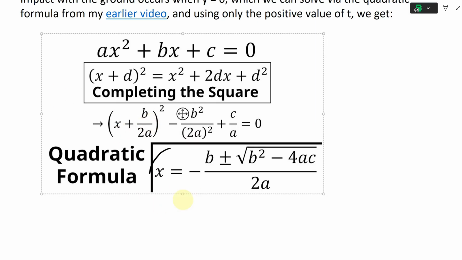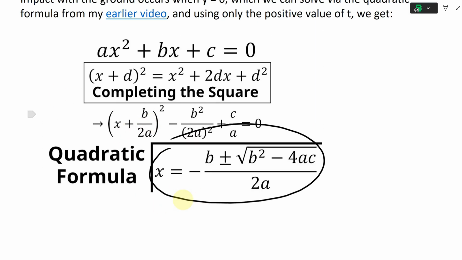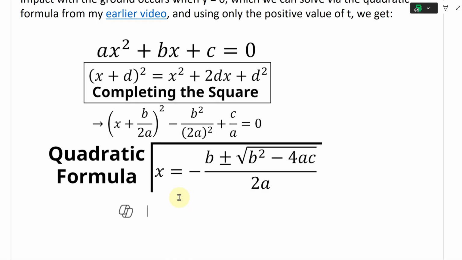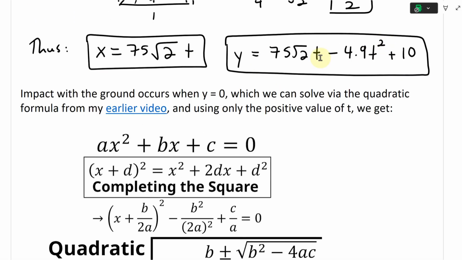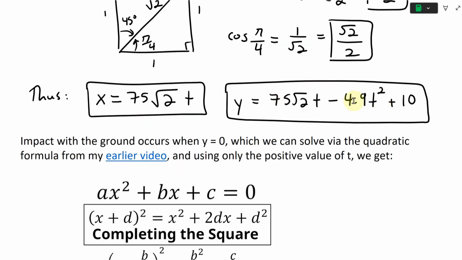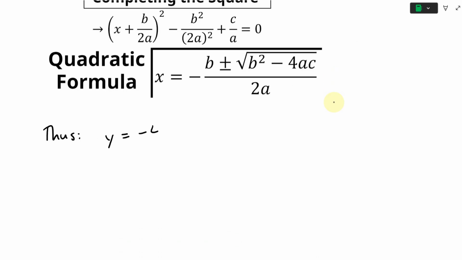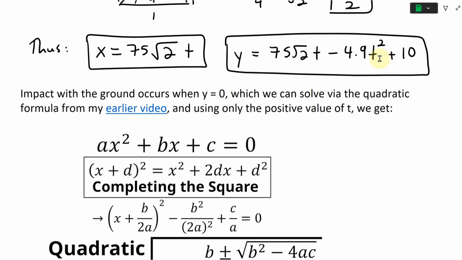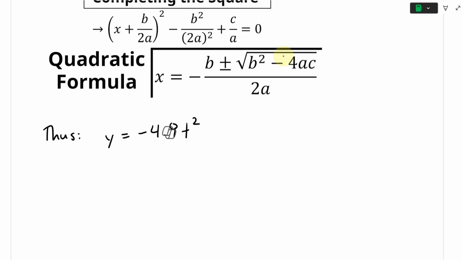But anyways, here's the quadratic formula: x equals negative b plus or minus the square root of b squared minus 4ac, divided by 2a. All right. So in our case, I'm going to rearrange this so that it lines up with x squared, x, and then the constant on the other side, with the 10 on the end. So thus, we have y is equal to negative 4.9 t squared right here, and then plus 75 times square root 2